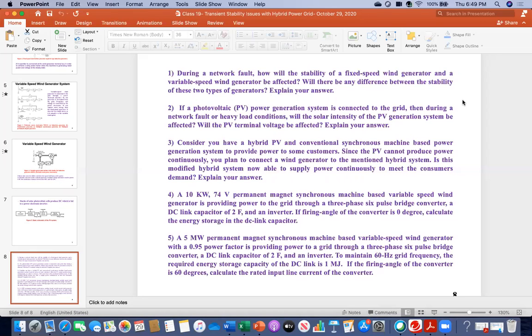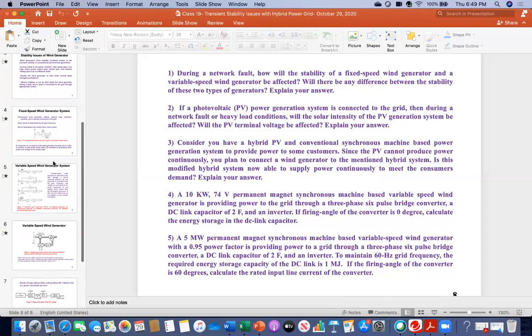So if you look from the grid, how can you distinguish, or what is the difference between the stability level of those two types of generators? In other words, which generator, either the fixed speed one or the variable speed one, will be affected more, and why and how? So the answer is that if you see the structure once again,